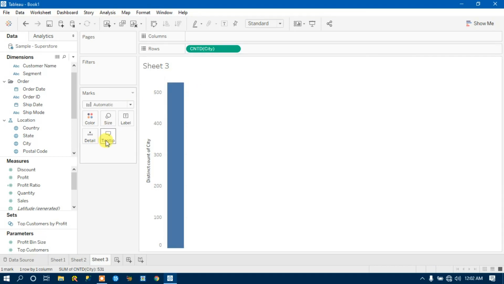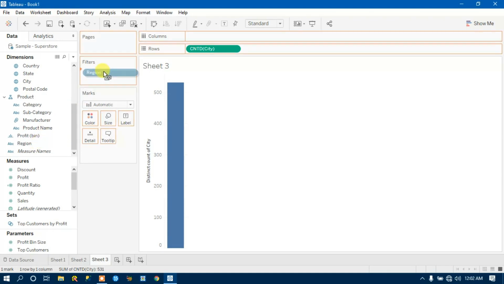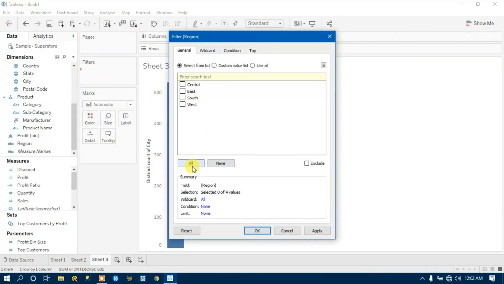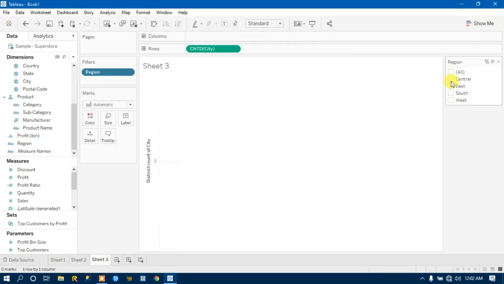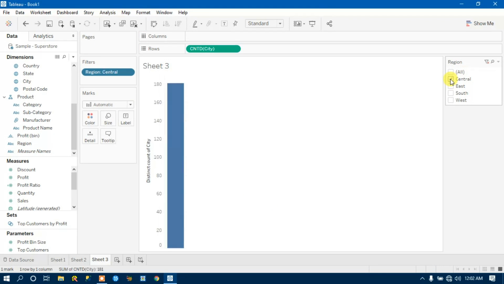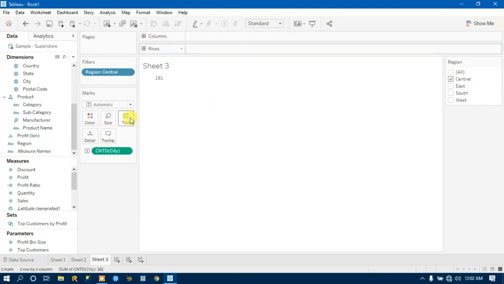Let's say I have region. I go to the region filter, click on all, then apply, then OK, then show filter. If I click on central, it shows me the 181 cities available under the central region, right? Let me drag city to the level field.